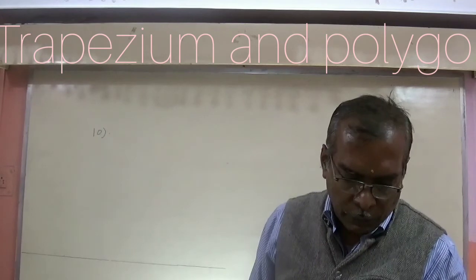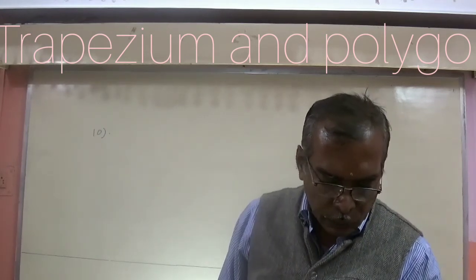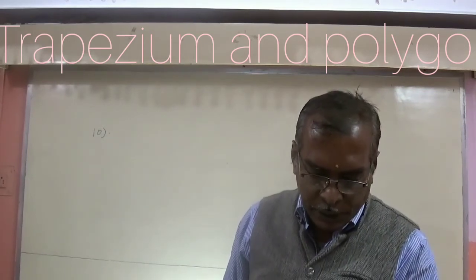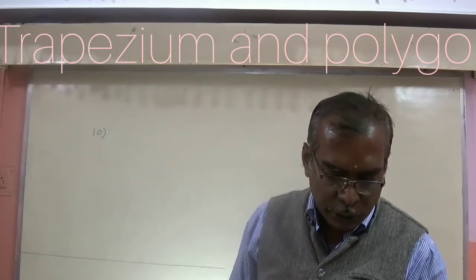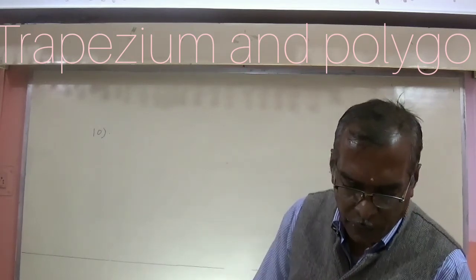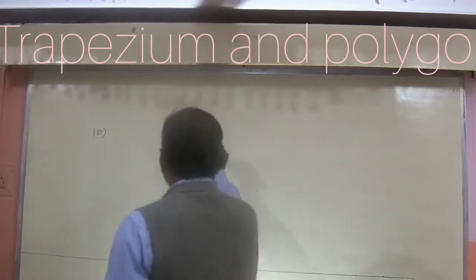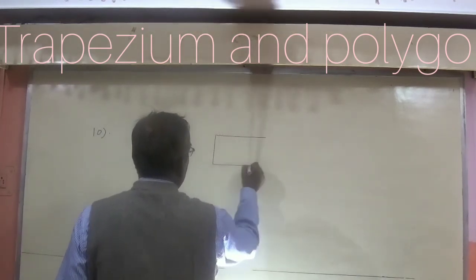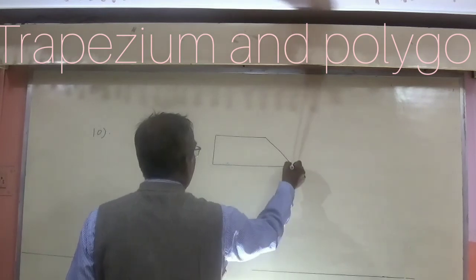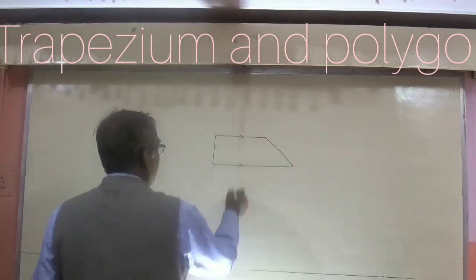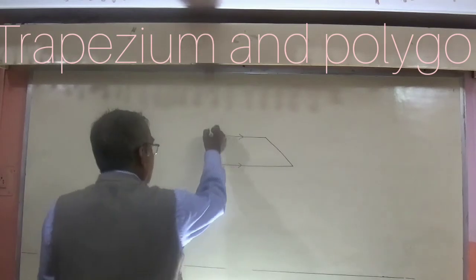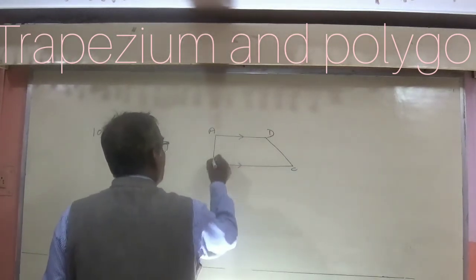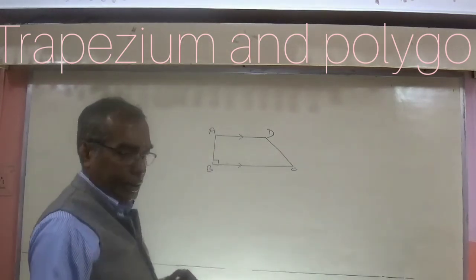In the given figure, one figure has been given here. It is given that ABCD is a trapezium, AB is parallel to CD, angle B is equal to 90 degree. So I am sketching the diagram, this type of diagram is given. ABCD is a trapezium, yes, because these two sides are parallel. They have given the labeling A, B, C, D, and they have also given that this is 90 degree.